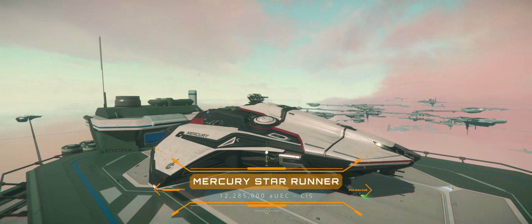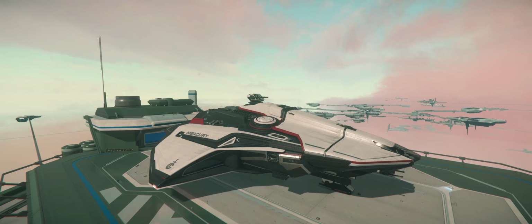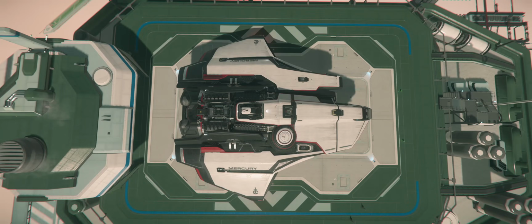The Mercury Star Runner, or MSR as it's more commonly known, represents quite a price jump at 12.3 million credits, and you'll tend to see it pitted against the likes of the Constellation from RSI, the Drake Corsair and the Origin 400i. In a similar way to the Spirits, the MSR loses out in terms of combat capability versus the